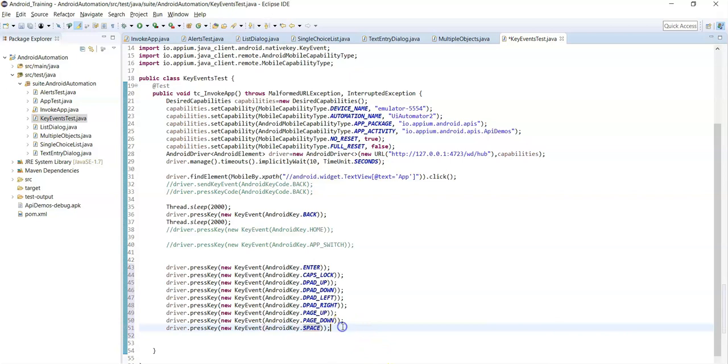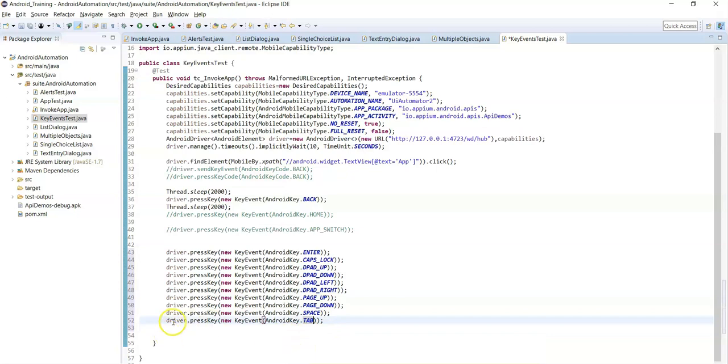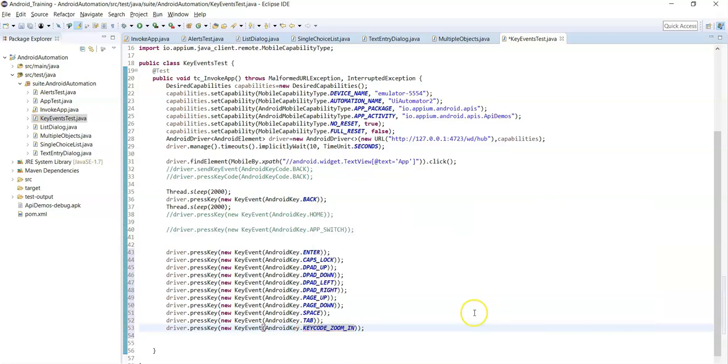If you want to simulate a tab key, you can use tab as well. And if you want to zoom in or zoom out on a particular element, you can use key code zoom in. Similarly, you can use key code zoom out.